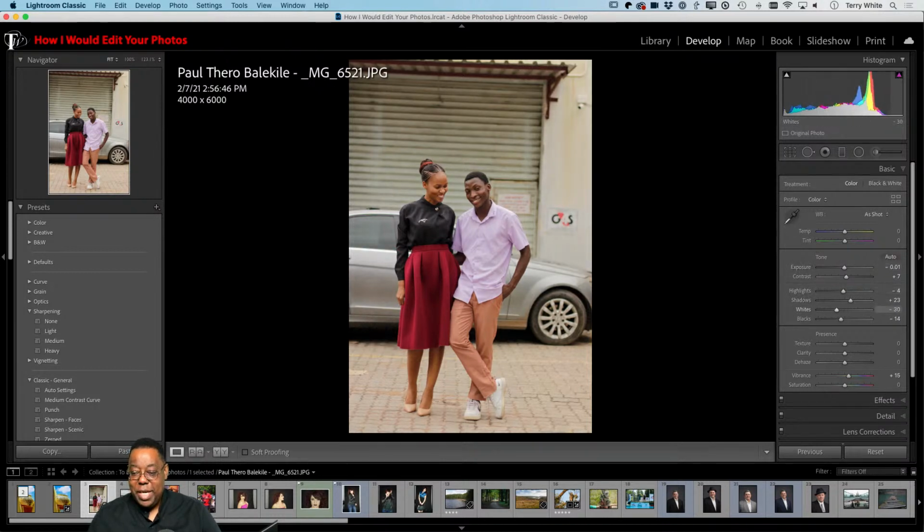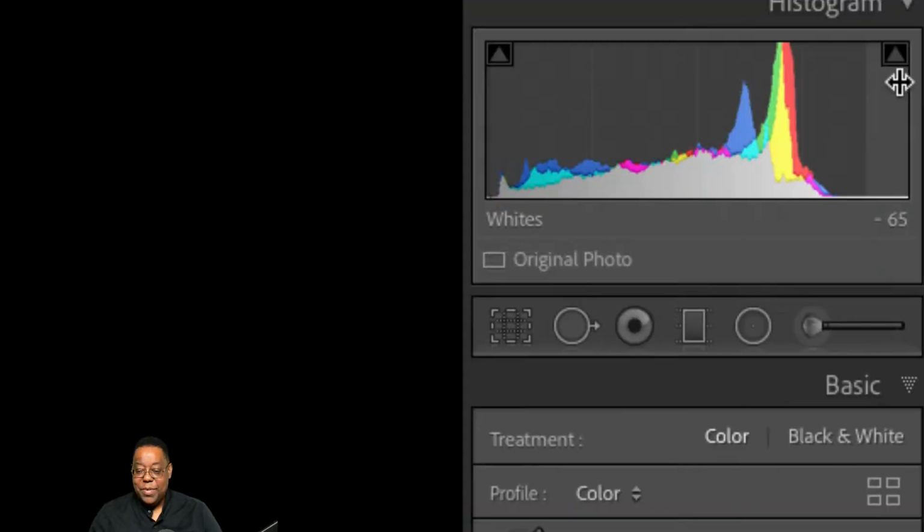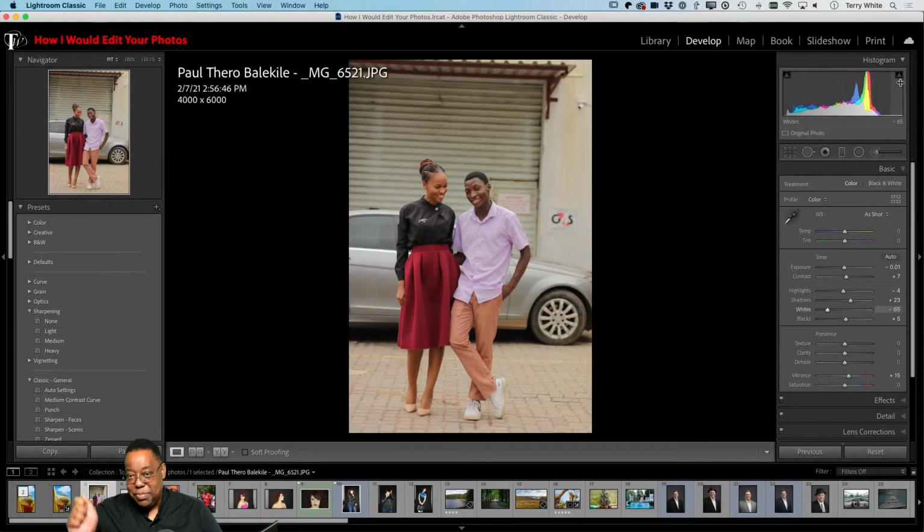I could pull them in a little bit to where they go away just in case, but that's what happens when you fix it. The triangles go dark. That means you've fixed whatever the problem was just by dragging over the whites and dragging over the blacks, and the triangles go away. That lets you know you got it right. Okay,